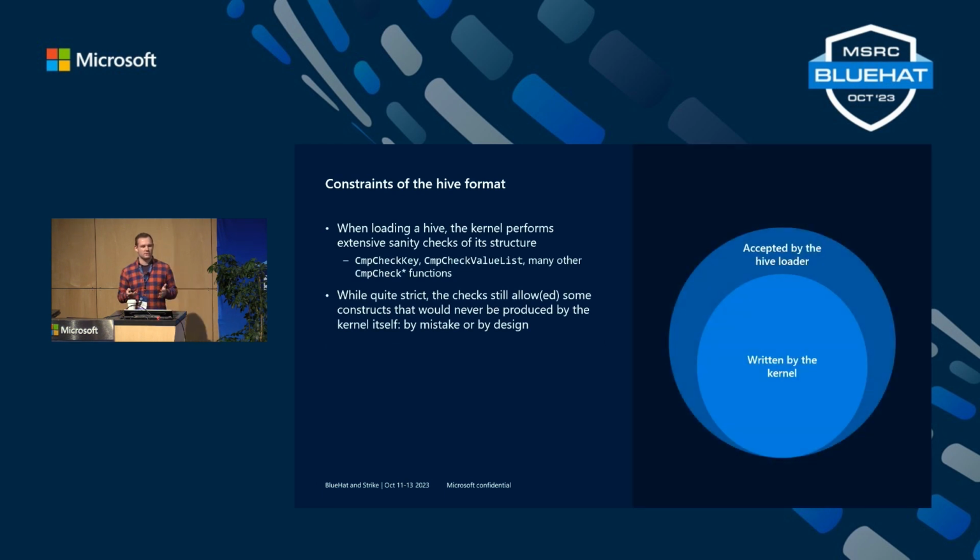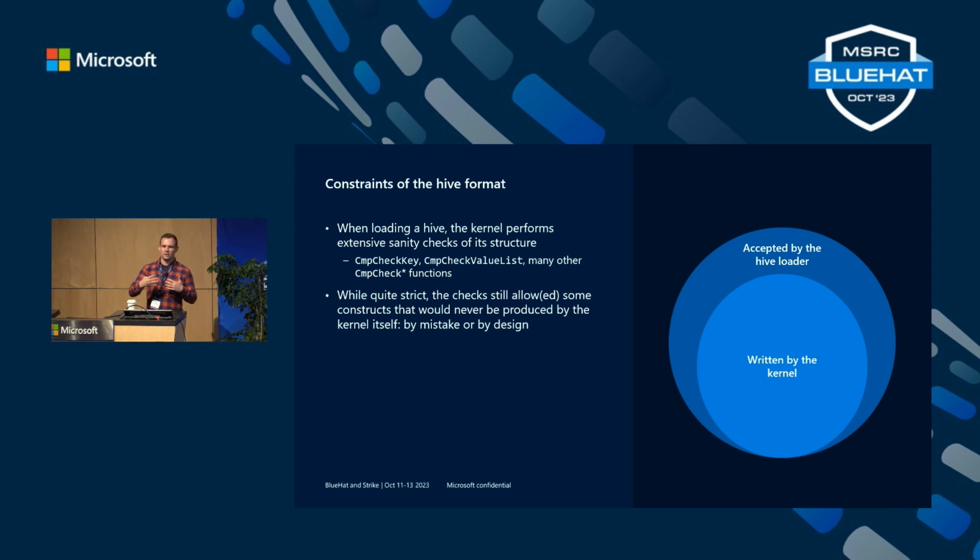And then we have the constraints of the Hive format, right? So when a user is loading a Hive in the system, the kernel tries to actually check first if all of the internal structures inside of the registry Hive are consistent, so we just don't load a corrupted Hive that will break something in the future. So we have a whole family of internal functions starting with the CMP check something prefix, which do all of the checking of the keynodes and value lists and all of those internal structures. And these are quite strict and generally quite well written, but it's important to note that they still are more permissive when it comes to the types of structures that they allow